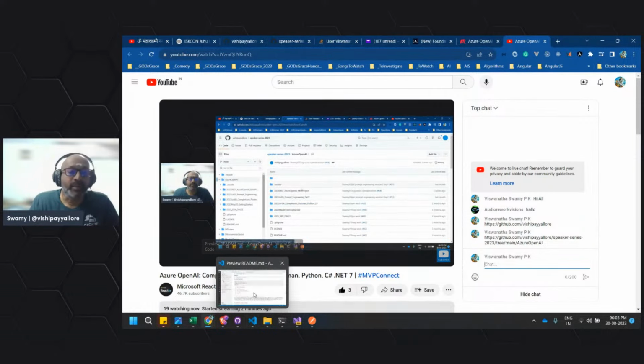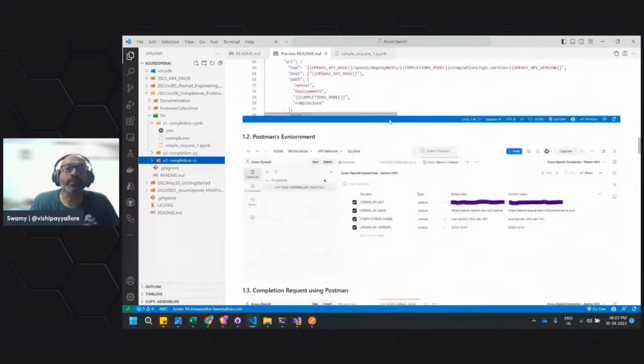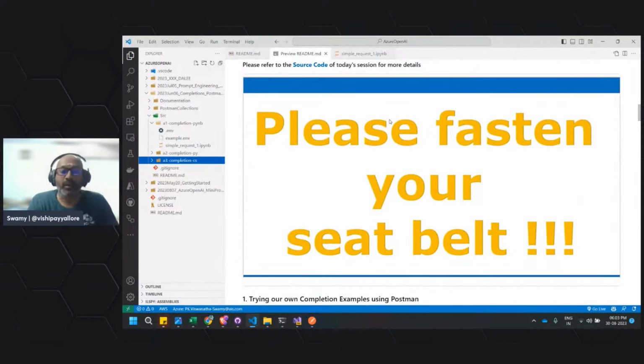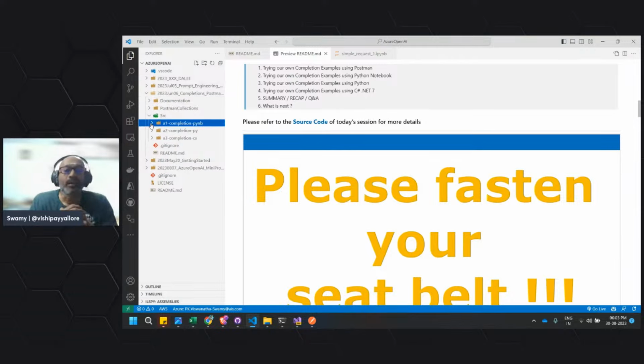But before that, let me set the context. What are we going to do today? Today is a little bit of a hands-on session, apart from what we did in the studio. Last time we spent quite a bit of time around Azure OpenAI Studio, and we learned a few prompt completions, and that was just the tip of the iceberg. Now we are continuing our journey and doing four flavors of this prompt engineering.